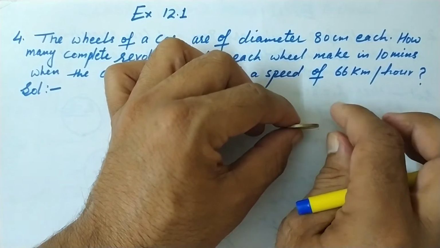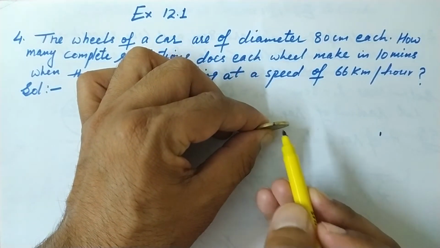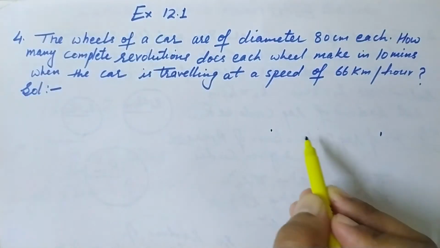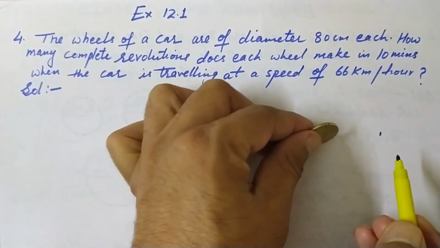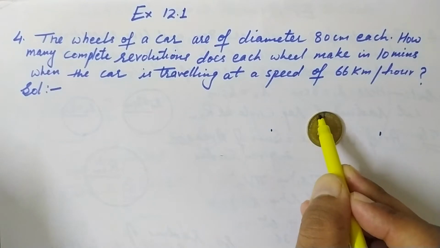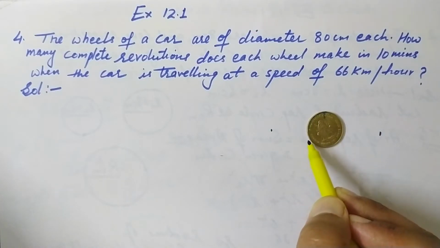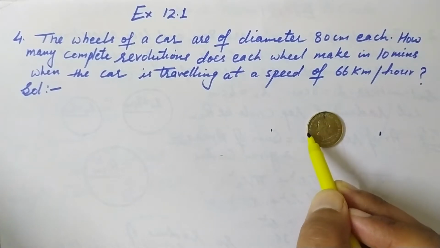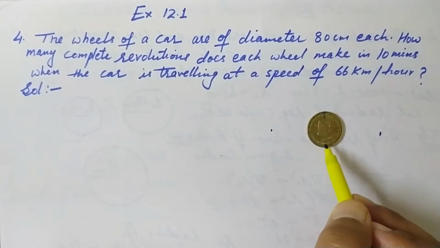Okay. So now this mark is coming here at the top. So it means here, what will be this distance? This distance is equal to the circumference of the circle, the perimeter of the circle. So when one revolution takes place, the distance traveled by the wheel, or the circle, is equal to its perimeter.